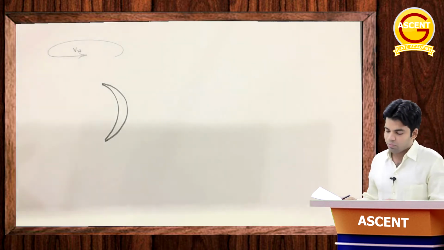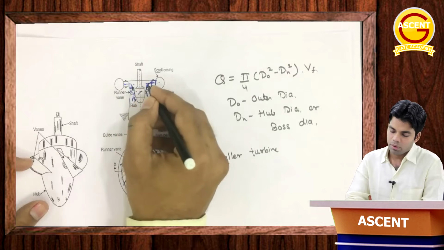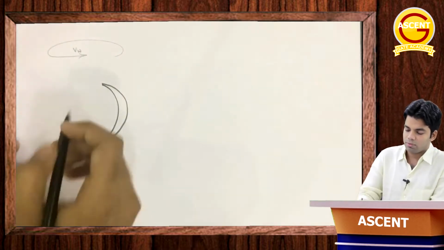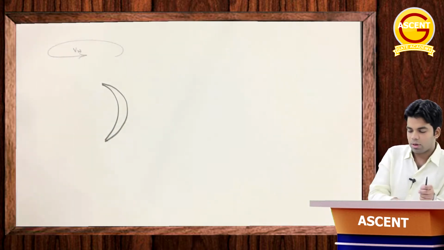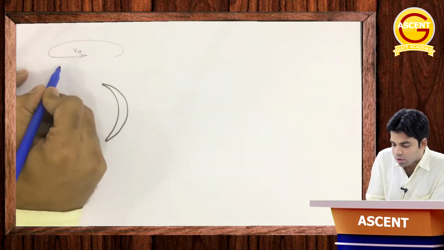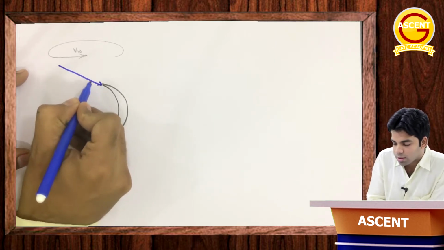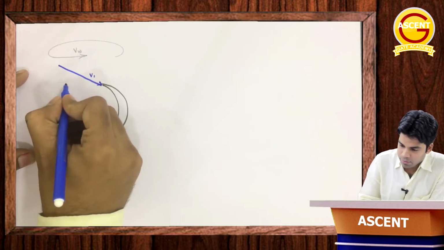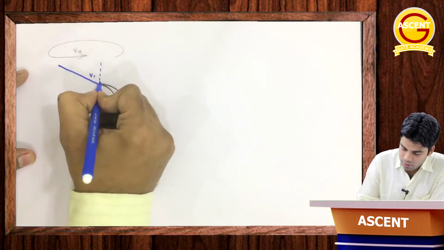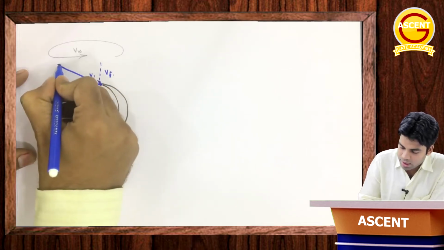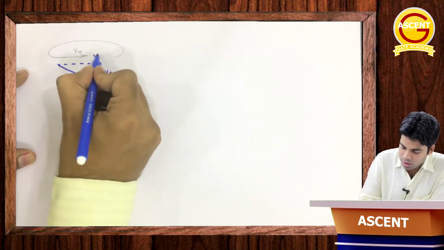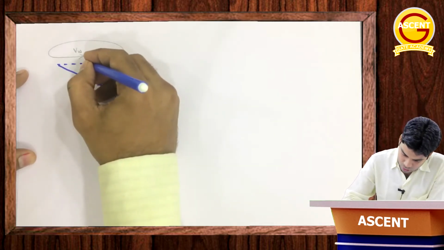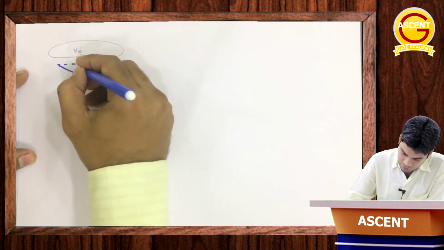Now at the same time, when this water is dropping, it is dropping with the velocity Vf, the flow velocity, the velocity with which the flow is happening. So finally the velocity will be like this. This is V1. This has two components, as we know: first is the flow velocity Vf, and second is the whirl velocity Vw1. Getting this now? Now the same thing we can do here. We will have Vr1.